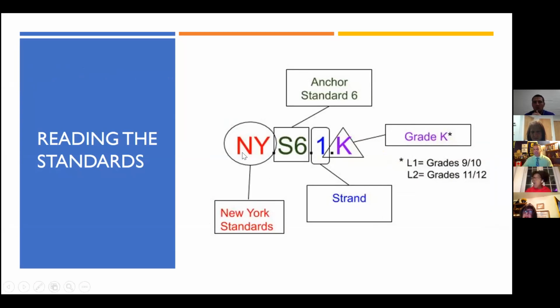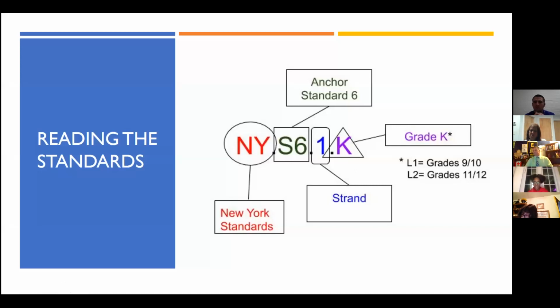In this example, you see ny.s6.1.k. So what does that mean? Well, NY, I think we know, refers to New York State standards. S6 refers to Anchor Standard 6. .1 refers to Content Strand 1. And .k refers to